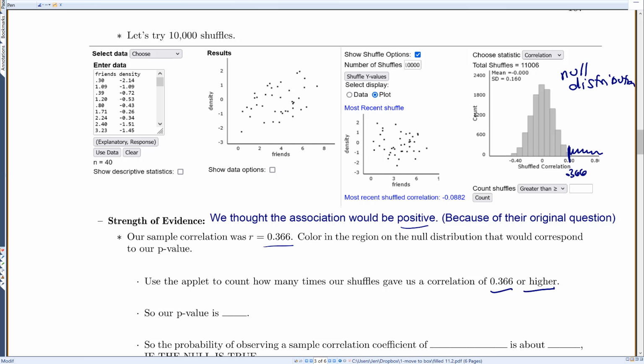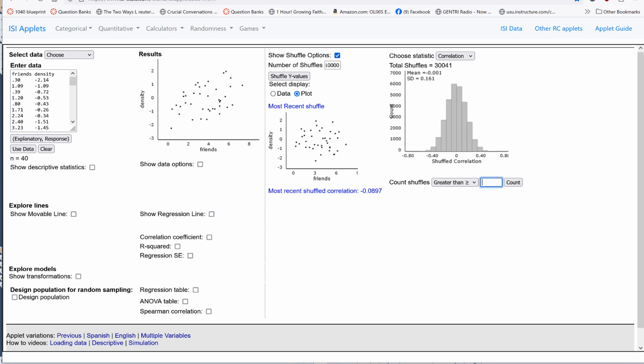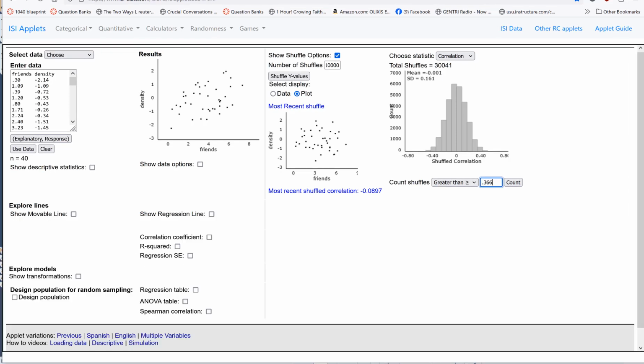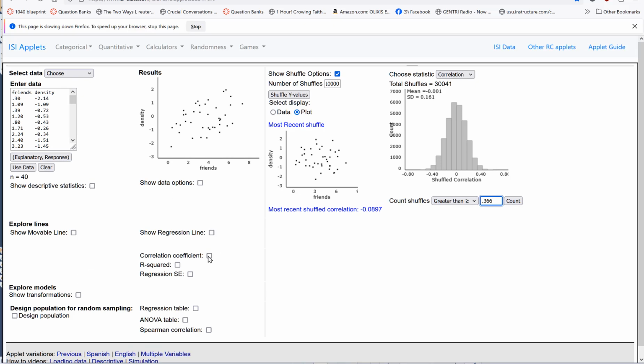So what is our p-value? Let's go back to our applet. We want to count our shuffles greater than 0.366. Okay, and in case you've forgotten what that is because I didn't write it down, you can click this box right here for correlation coefficient. So I click correlation coefficient,